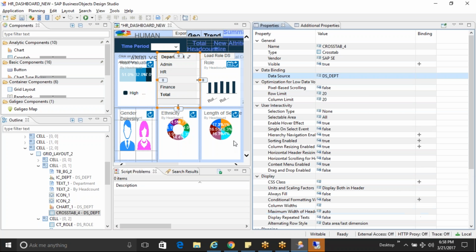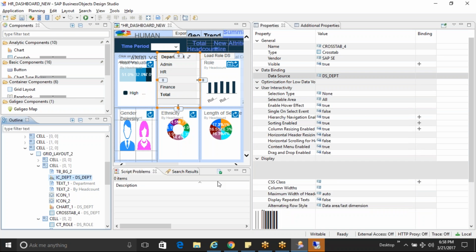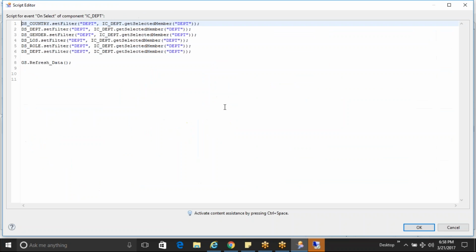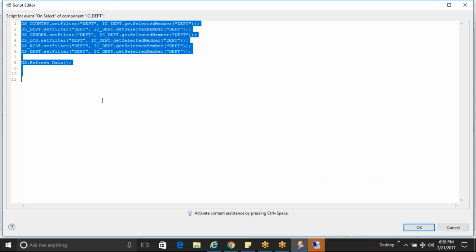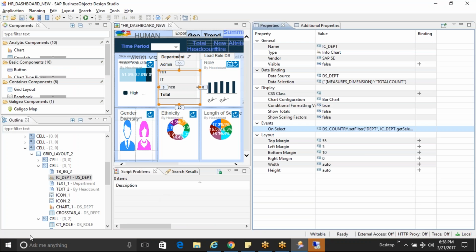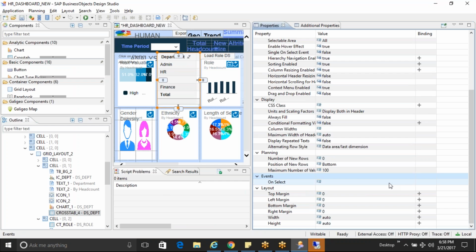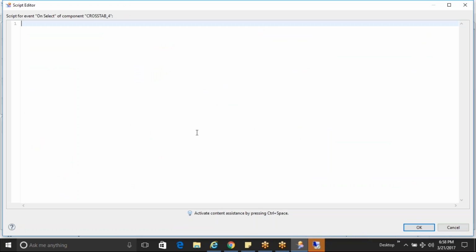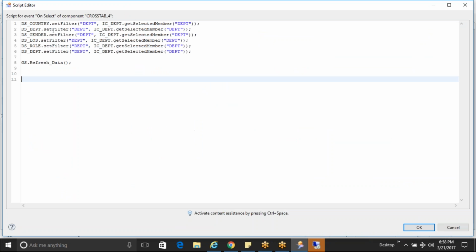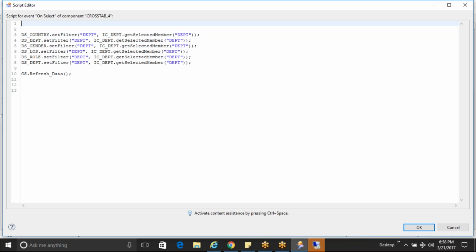Now, whatever query and JavaScripting we have written, we cannot use the same script. We'll modify this also. So when we click on this cross tab, what should happen is all our data source should filter based on the selection. So first capture the selection where cross tab selection